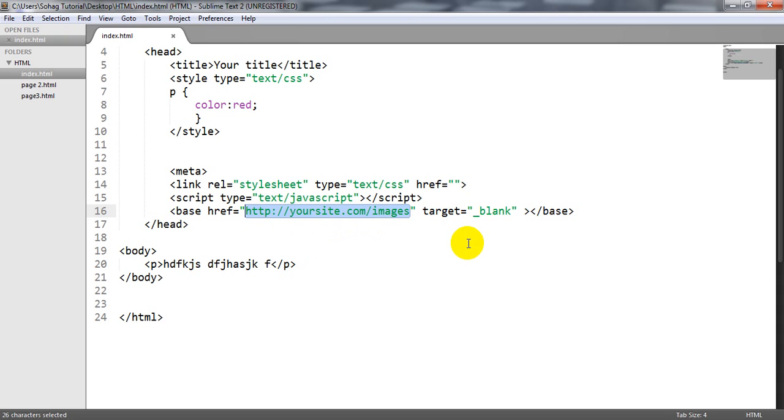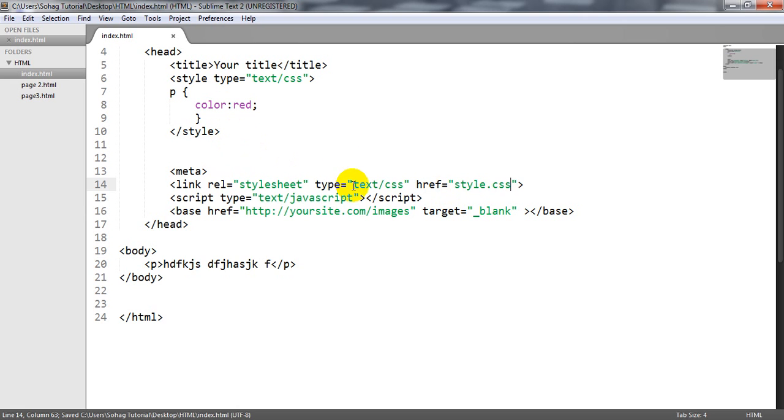Now the link element. The link tag defines the relationship between a document and an external resource. The link tag is most used to link to a style sheet, just like this: style sheet text href style.css.